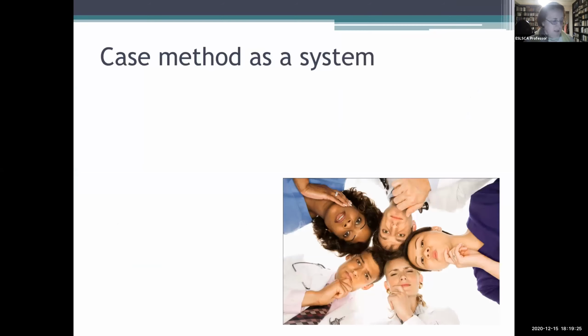So when you look at the case method as a system, you can see that in general, businesses are open to the case writing idea after they explain what it means. If you walk into any business who never saw or touched any case, they have no idea what cases are. Some businesses think that cases are just reports or journal articles or Newsweek articles with some questions. They actually don't understand the nature and the purpose of case writing.